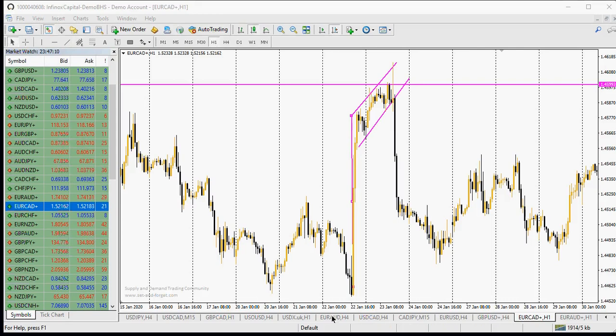What pattern is this? Rising wedge. Beautiful. That's a rising wedge. Okay. And then